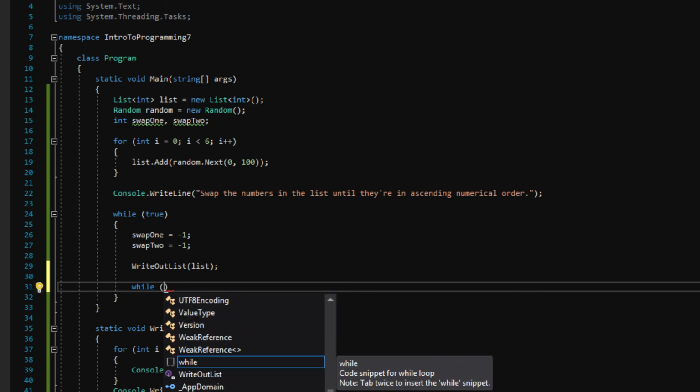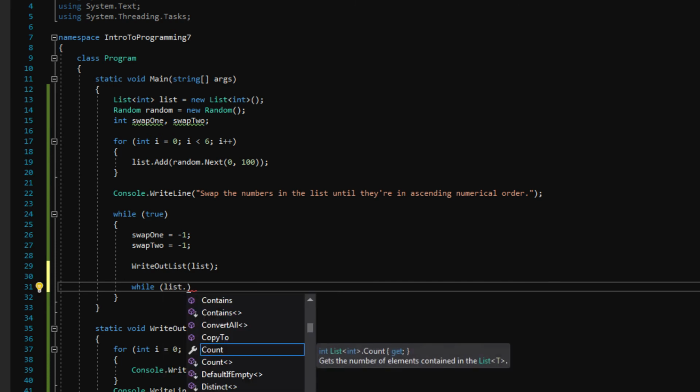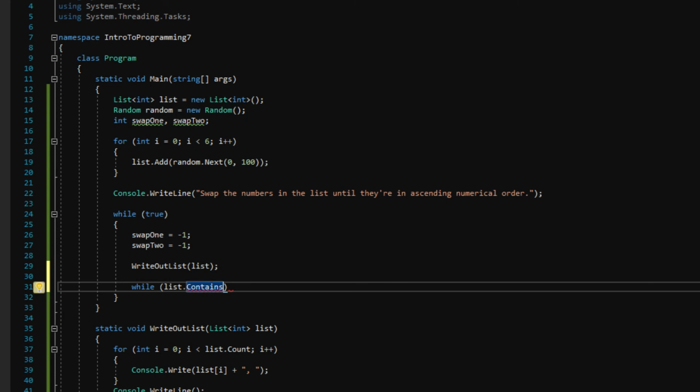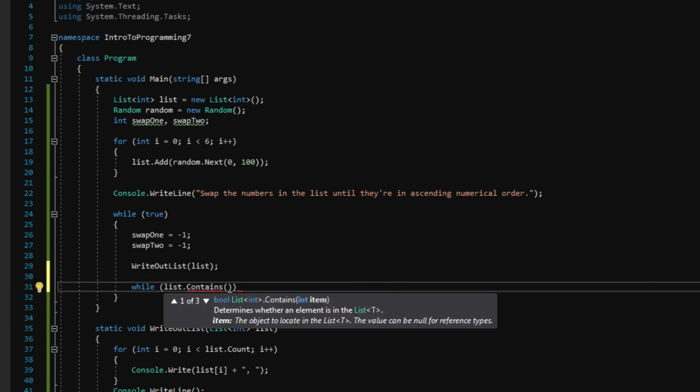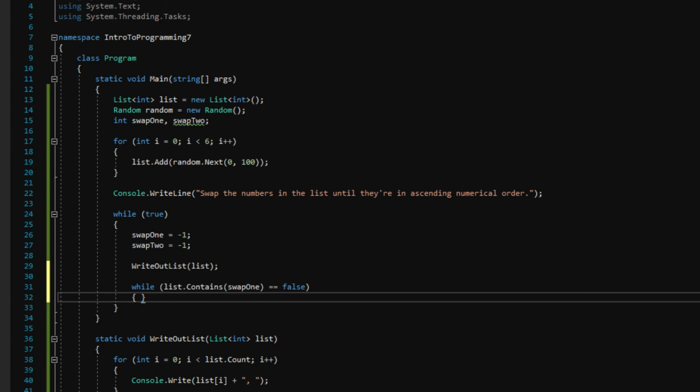How would we check to see if swap1 is inside of this list? Well, luckily, there's a function. If you hit list dot, there's a function here called Contains, and it returns a bool, true or false, and it determines whether an element is in the list. So that is exactly what we want. So while list.Contains(swap1) equals false, we will go inside of these curly brackets,